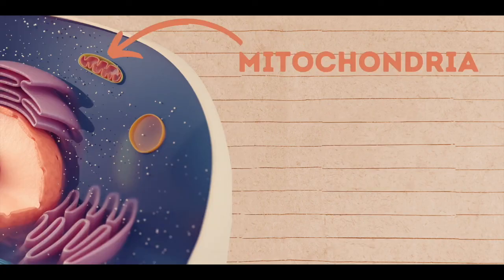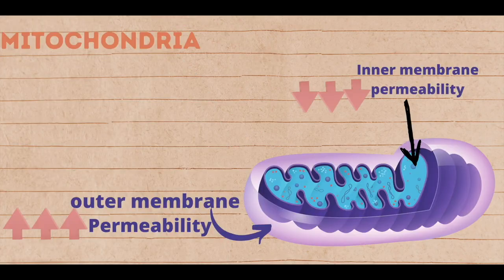Next, we have the mitochondria. The mitochondria has two important components to it, the outer membrane and the inner membrane. So our outer membrane has an increase in permeability. Permeability means the ability for things to come in and out of it or through it, right? So an increase in membrane permeability means that it's going to be easier for molecules to come in and out of there. Secondly, we have the inner membrane where there is little or less permeability. So it's going to be harder for molecules to come in and out of the inner membrane. So outer membrane, increase permeability, inner membrane, less